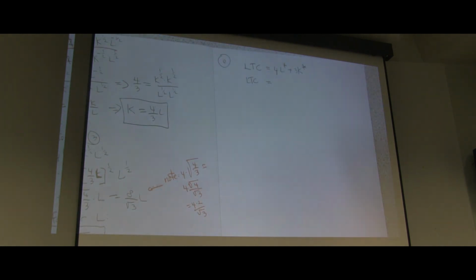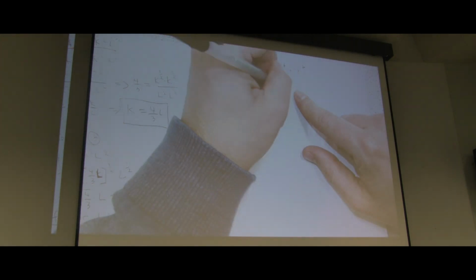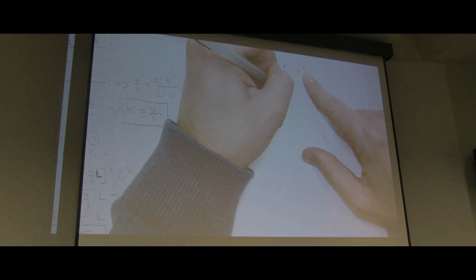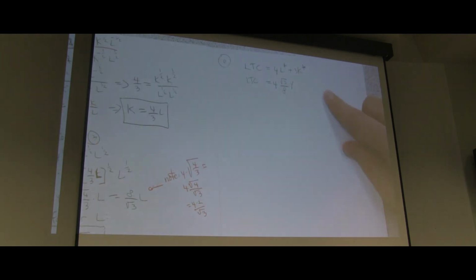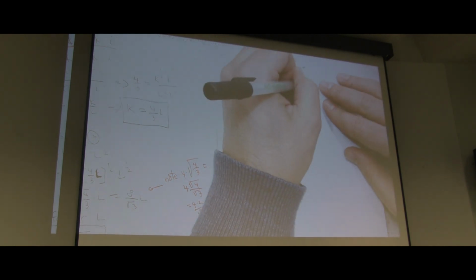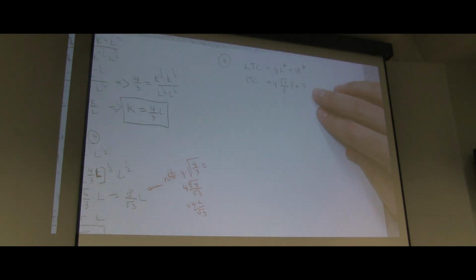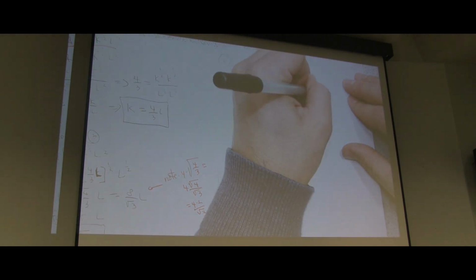Can you slow it down just a little bit? Yes. So what is L star? So that's 4 times L star. L star is the square root of 3 divided by 8 times y, plus 3K star. 3 times K star is square root of 3 divided by 3